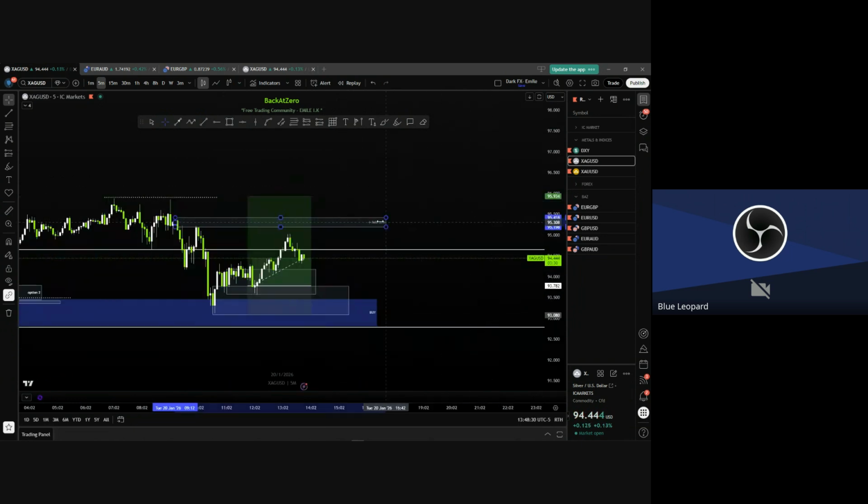But you know exactly where you should be careful. If price rejects here, don't be surprised. Why? Because you have an engulfing M5 above liquidity after a sweep. So this could be a sell opportunity later. So you need to be careful before you see price break through here, okay? So when price reaches this level, you just take your partials or you close or you take your trade and put to break even, okay? That's how you manage your trade.